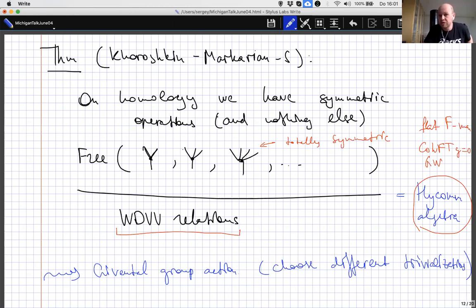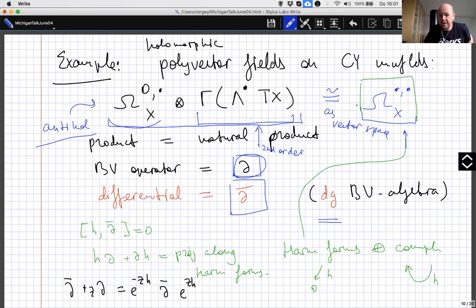So I go two slides back, right? I can apply it here. So I'm applying it here, and what I get on the cohomology of my Calabi-Yau manifold is some structure that I expected to have. This is a phenomenon of so-called mirror symmetry, right? So if I would consider a mirror pair of my Calabi